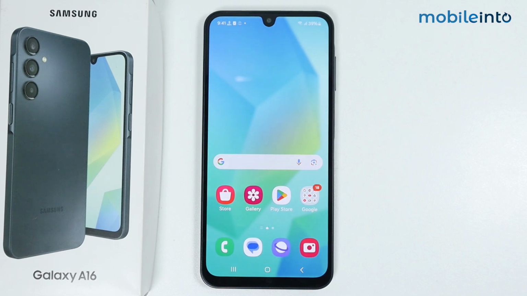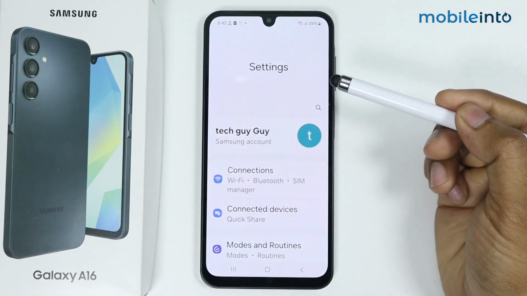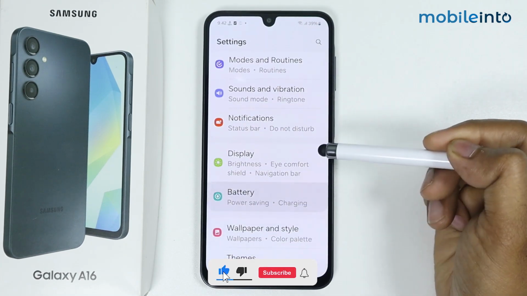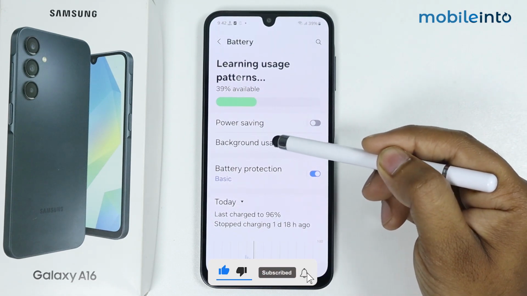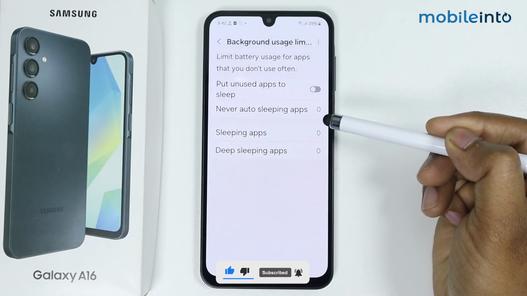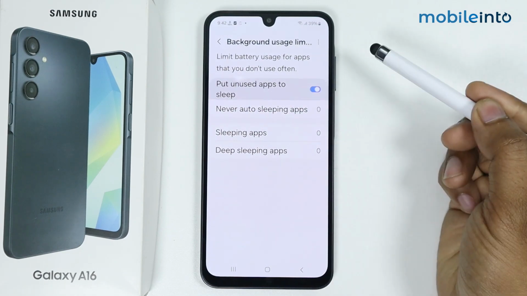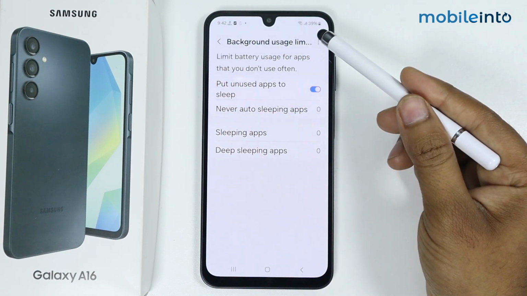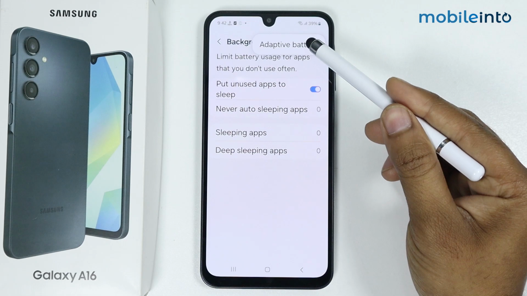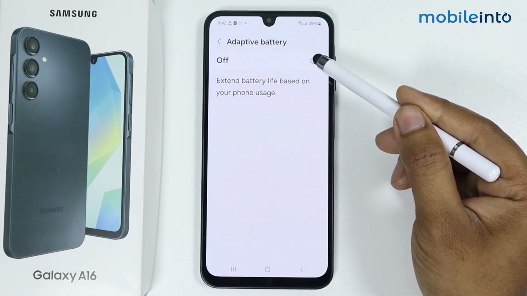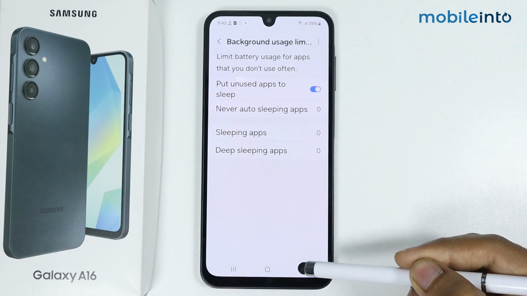In this video, I'm going to show you how to fix heating issue on Samsung Galaxy A16. Go in settings, scroll down, go in battery, tap on background usage limits, enable this option, put unused apps to sleep, then tap on 3 dot, go in adaptive battery, enable this option also by tapping on this toggle, go back,